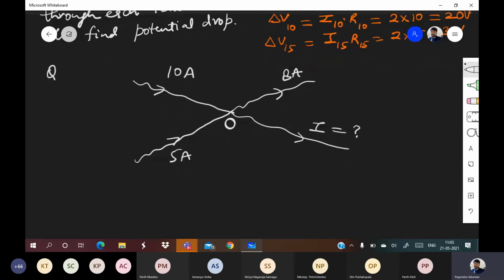So people are saying that the answer is 7 ampere. 3 persons are saying. 4 persons. Anant has also joined. Okay, let me wait for 2 more answers and then I'll explain. One more answer.